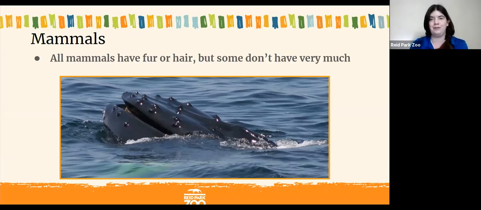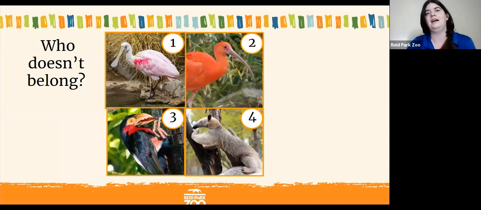All right, so one more game for you guys. Here we have a roseate spoonbill, a scarlet ibis, a barbet, and a tamandua. And so which do you guys think is the least like the others? Yeah, pretty unanimous for the tamandua this time. The tamandua is a mammal while the rest of them are birds, even though they all have long noses. The tamandua has fur while the rest of them have feathers.